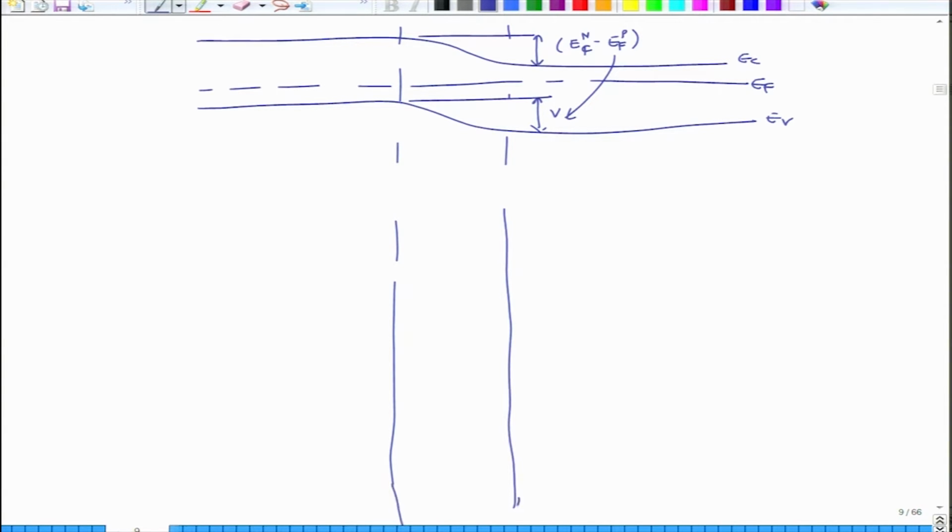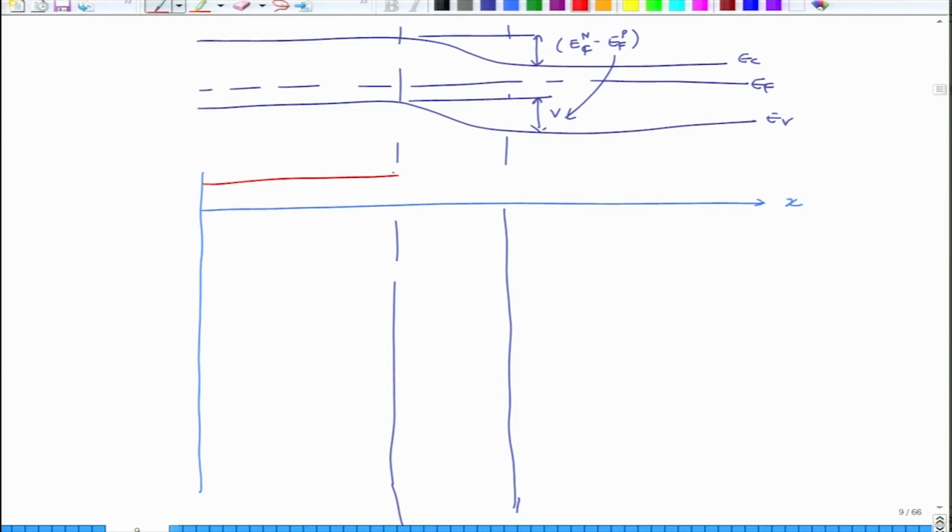So if you now plot various properties, let us say first we do the hole concentration. So let me just plot. This is as a function of x. If I plot the hole concentration, it is like this. Of course, it is very small in this region, and it becomes very small, or zero in fact, in the depletion region. Okay.